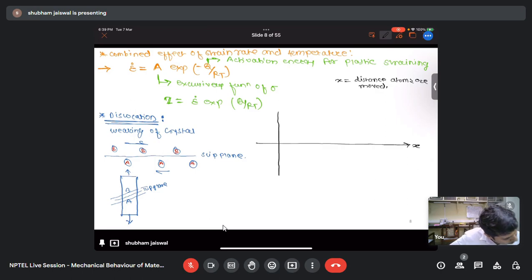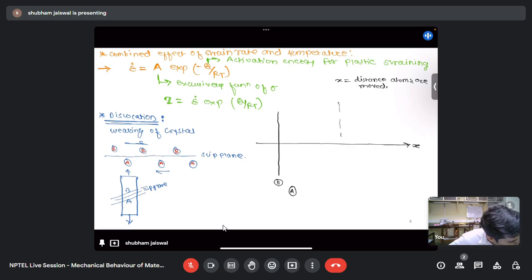That is, B is on the left side of A, and then we have one more position, when B is exactly on top of A, and B is to the right of A. So these are the two positions. At this position, the energy will be minimum. And at the second position, that is when B is to the left of A, if I draw the energy curve,